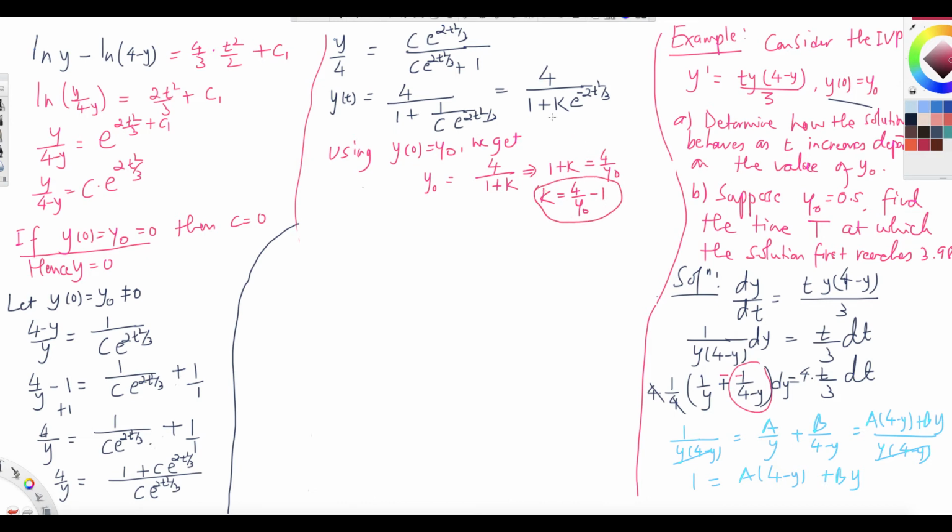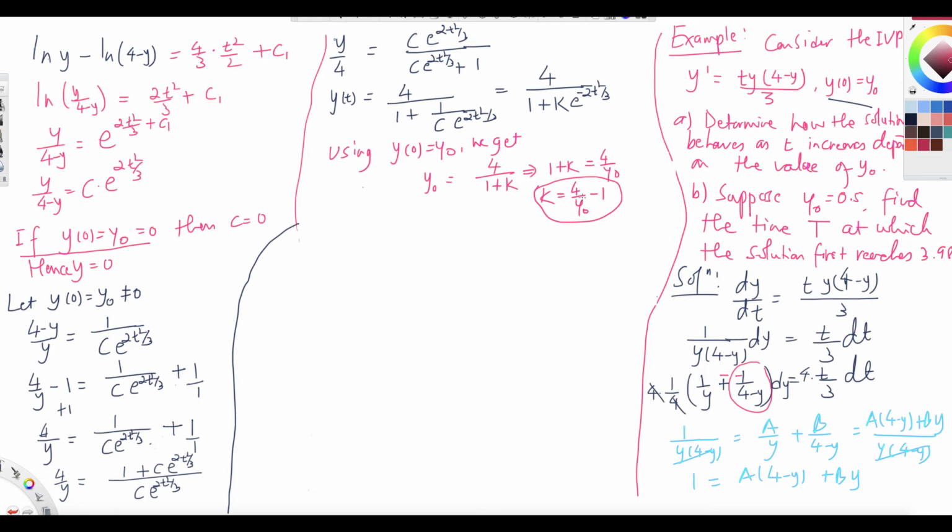This value of k can be positive or negative, and the solution depends on these values of k. Where does the solution go as t tends to infinity? It depends on that, so that's what we are going to do, case by case. The first case was if y0 is 0, then y equals 0 is the answer. Now we assume that y0 is not 0, so y0 is either positive or negative. If y0 is between 0 and 4,